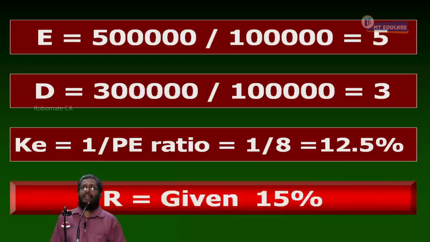Now, R is given as how much percentage? 15%. R is equal to 15%. First, don't value. Tell me the conclusion. They can earn how much percent from the retention? 15%. How much does the shareholder expect? Should I give them their money or keep their money? Why should I keep their money? Because I will be able to earn more than what they can. Are you following what I am saying?